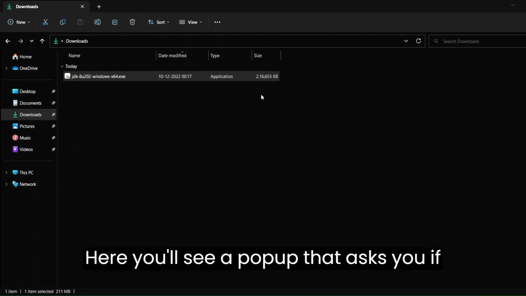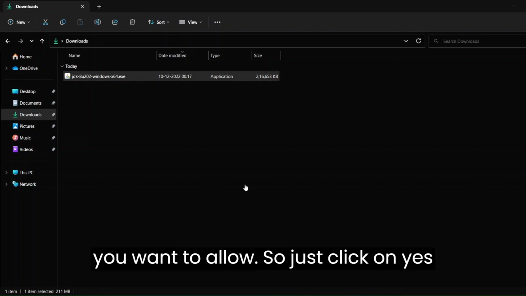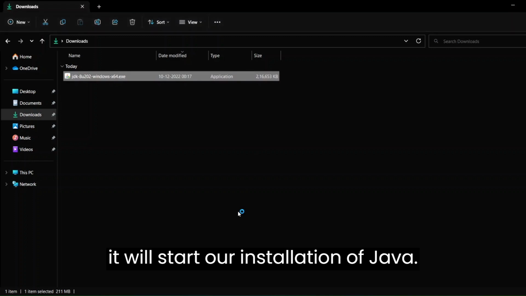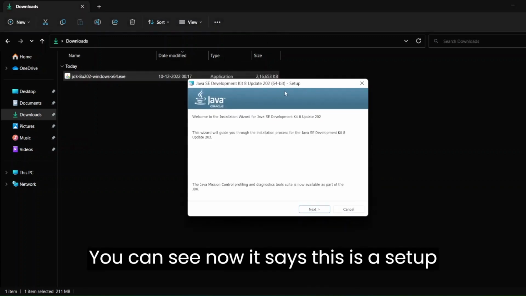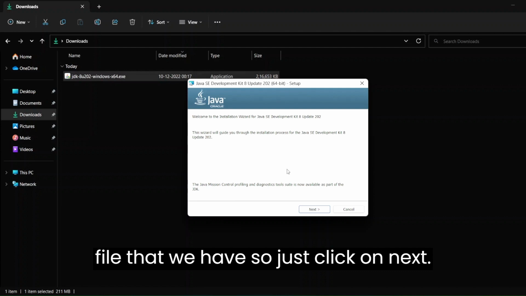Here you'll see a pop-up that asks if you want to allow this, so just click on yes. It will start our installation of Java. You can see it says this is a setup file that we have. So just click on next